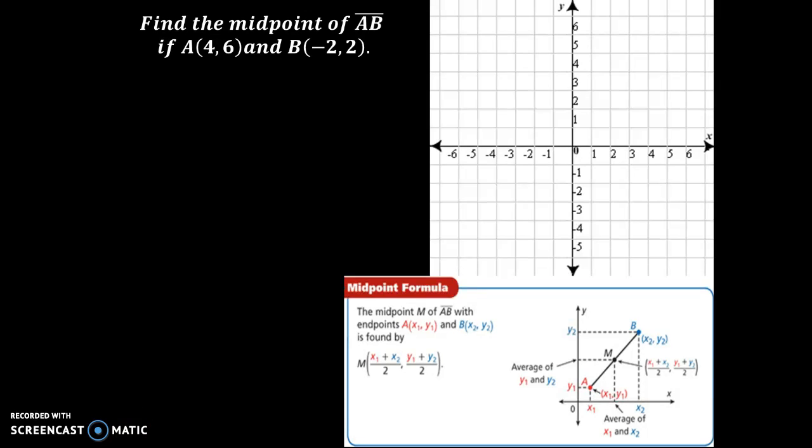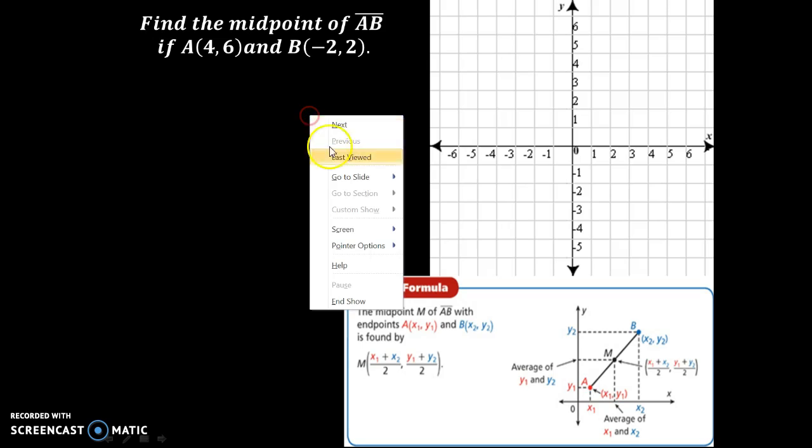Everybody. Today we are going to be discussing how to use the midpoint formula, the distance formula, as well as the Pythagorean theorem to try to find distance as well of segments. So our first example here is dealing with the midpoint and the midpoint formula. So we're given segment AB with its particular coordinates for each endpoint A and B, and we're asked to find